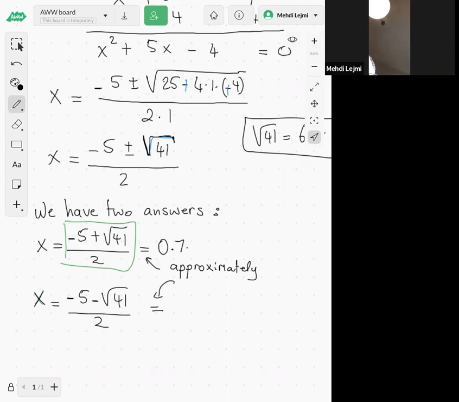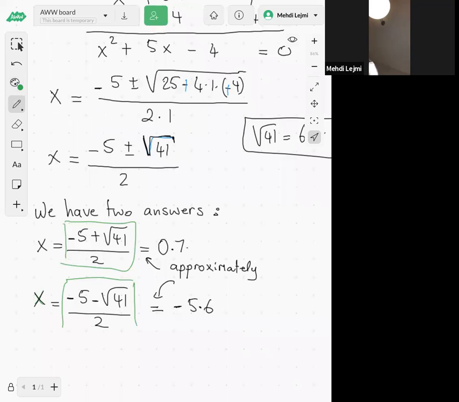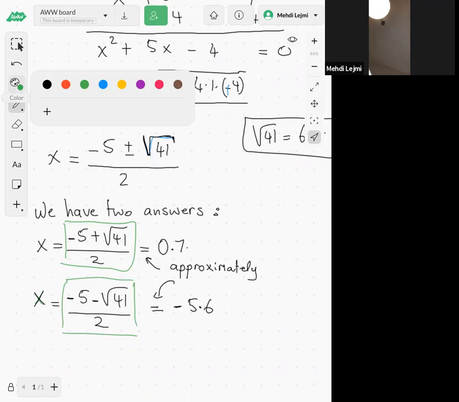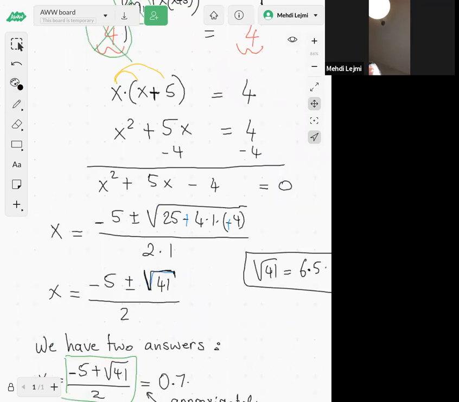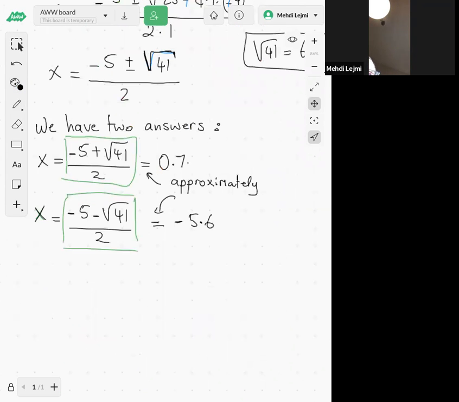So yeah, this would be negative actually. This would be probably -5.6 or something, approximately. Okay. So yeah, here are the answers. Actually, we are not done yet. These are the possible answers. Here there is another step, so that will be step number 3. Okay. So in step number 3,